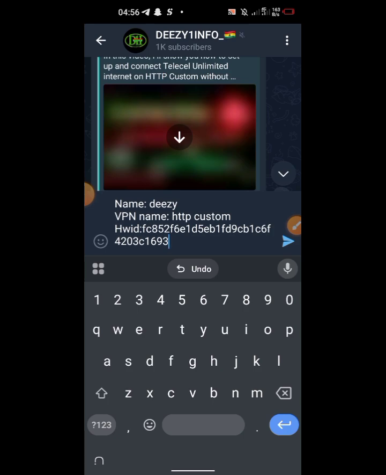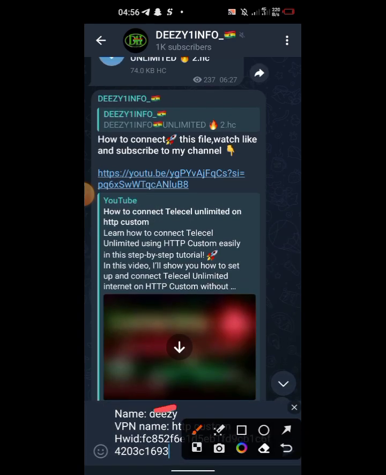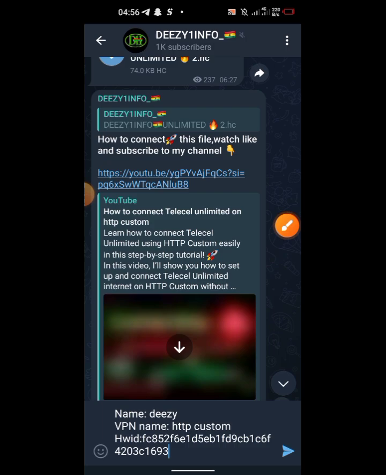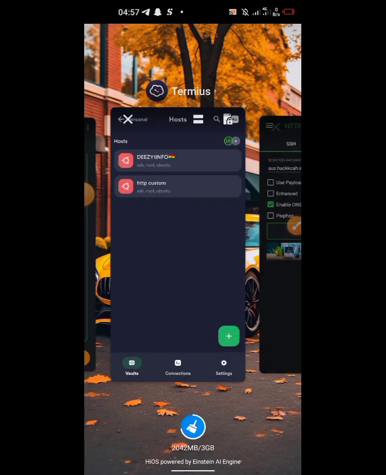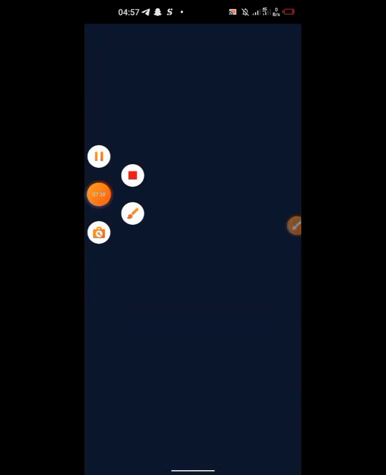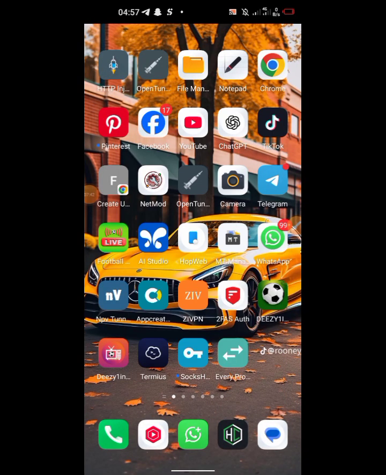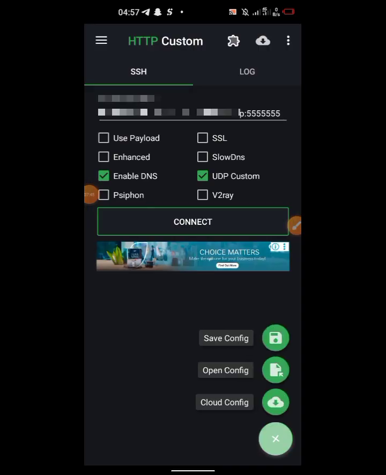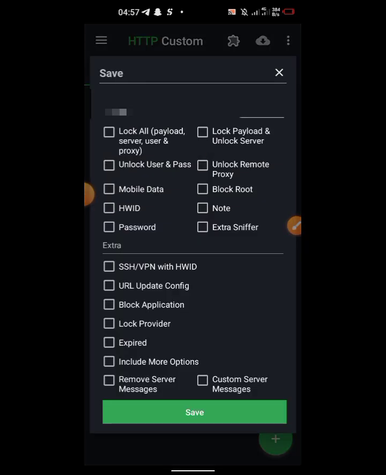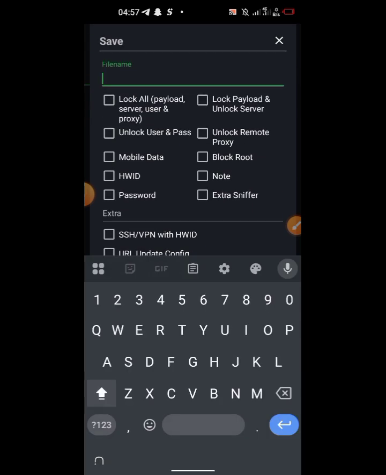In the VPS, you use this same username. After creating the VPN account on the VPS, you go to HTTP Custom, click on the plus sign, then come to save config, and here you type the user's name, so DZ.